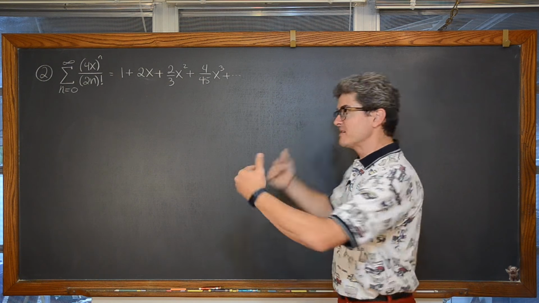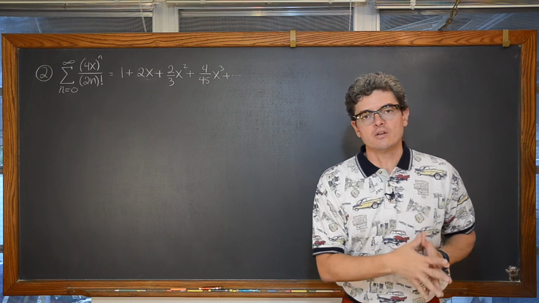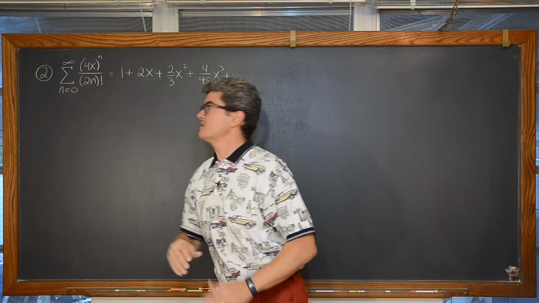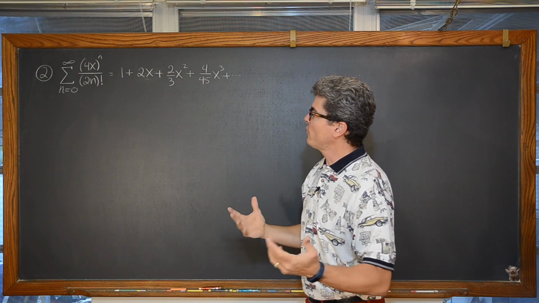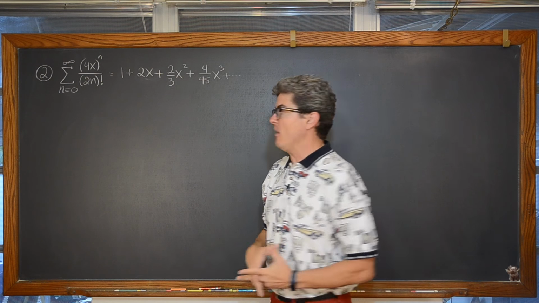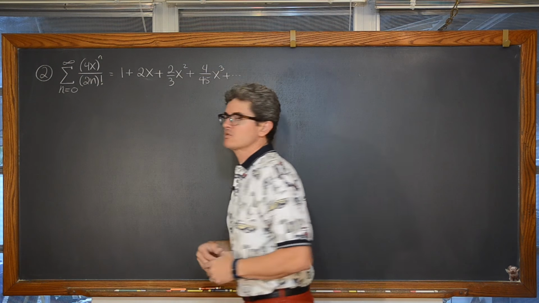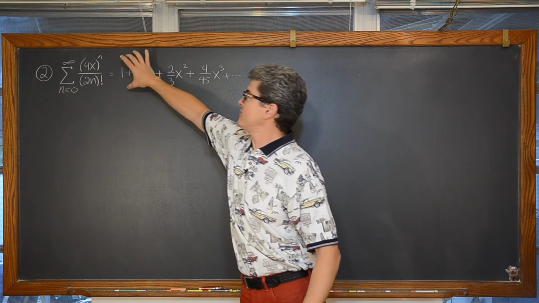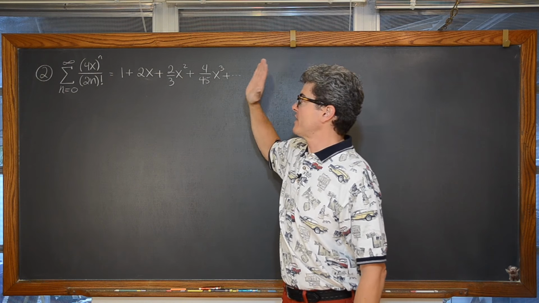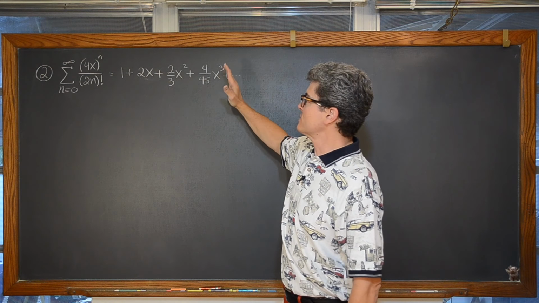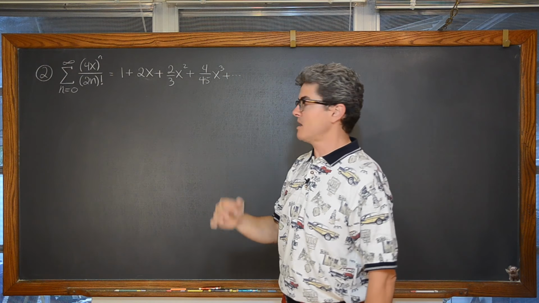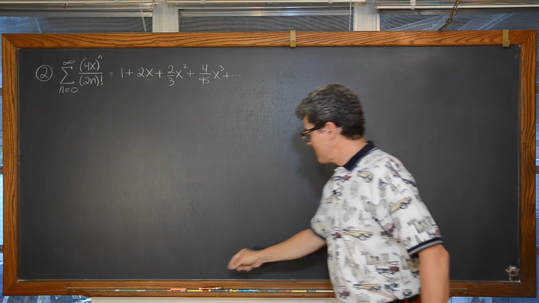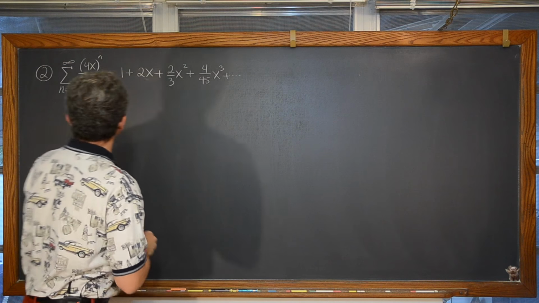Alrighty, our second example, we're going to look for the interval of convergence of this series here. We have the summation of n starting at 0 going to infinity of 4 times x to the n power over 2n factorial. And I did a little bit of expansion here just to let you see that we again have that function in terms of x. We're finding the domain of this function such that it gives us a valid sum, such that it converges. So we're going to set up that ratio test.